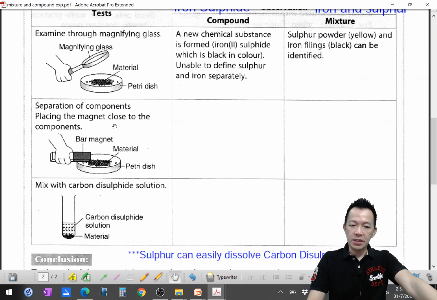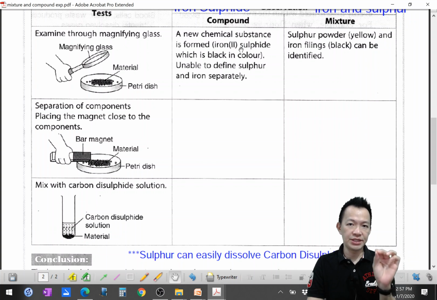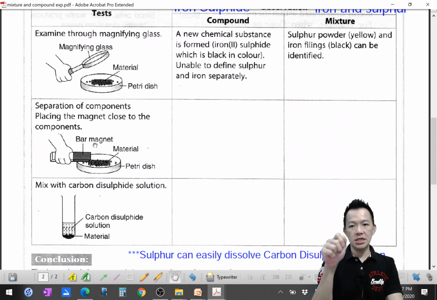Now I prepare the experiment again. I prepare a bar magnet. 我准备一支磁铁，and I want to test whether the properties of the iron and sulfur in the mixture or compound are the same or not. 铁和硫磺呢，在混合物跟化合物里面，它的特征有保持吗？Magnet actually can attract the iron. 磁铁可以吸铁，对不对？